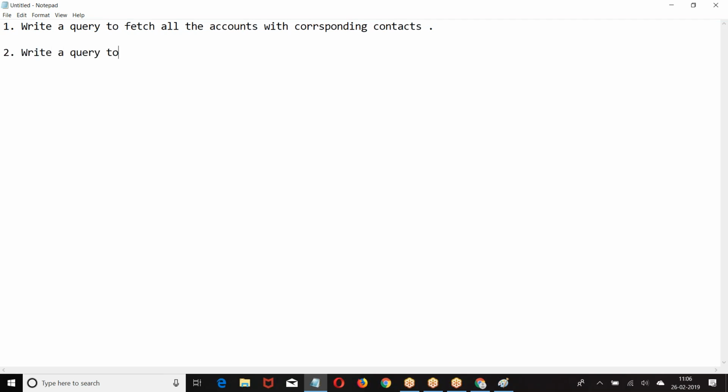Write a query to fetch all the accounts with corresponding contacts whose